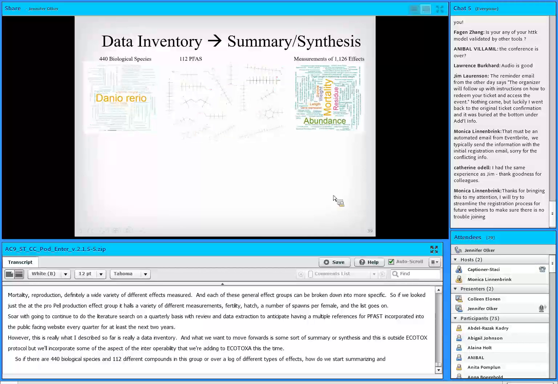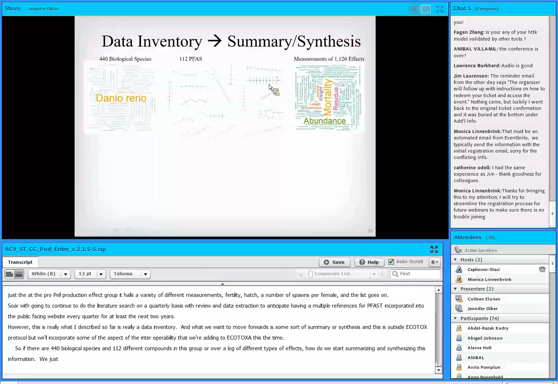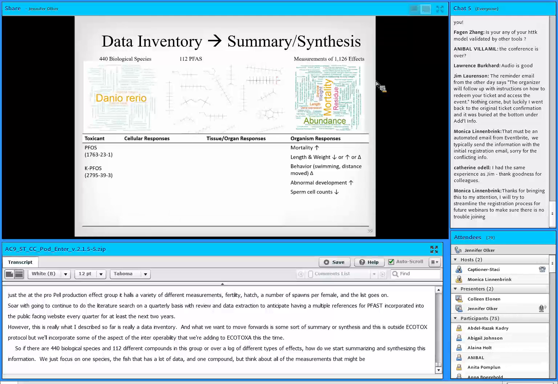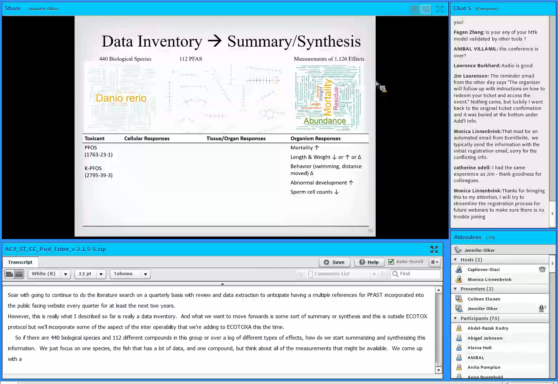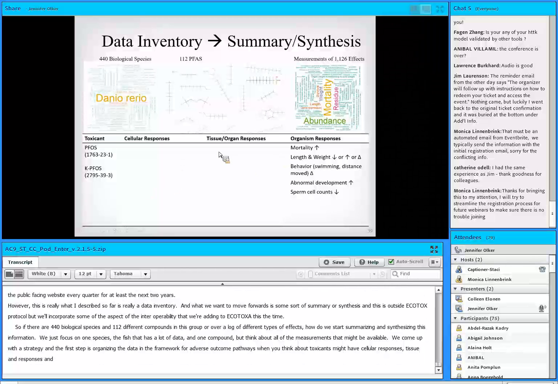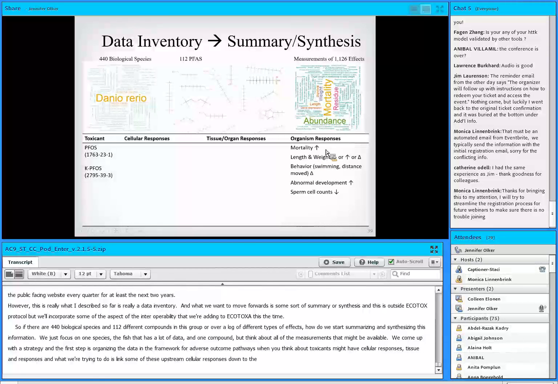If we just focus on one species, zebrafish, that has a lot of data, and one compound, this is PFAS, but think about all the measurements that might be available. We've started to try to come up with a strategy. And the first step is to start organizing the data in the framework for adverse outcome pathways, where you think about a toxicant might have cellular responses, tissue and organ responses, and organismal responses. And what we're trying to do is link some of these upstream cellular and tissue and organ responses down to the organismal responses. So if we think about increase in mortality, changes in growth and in behavior,